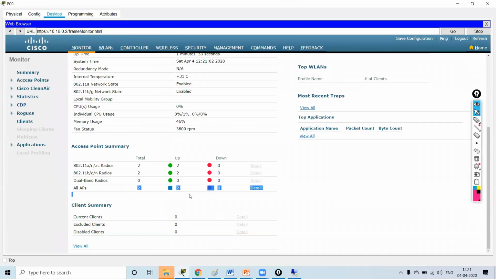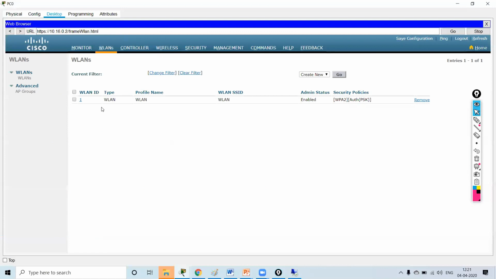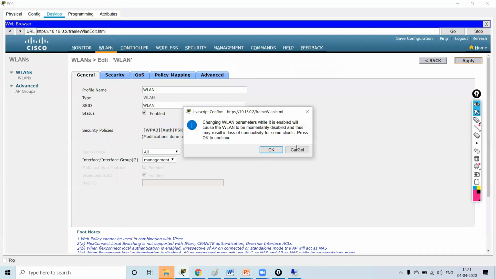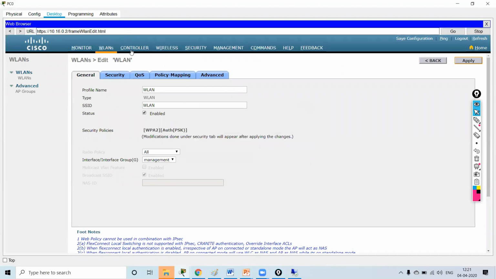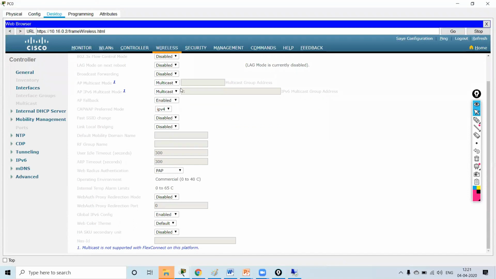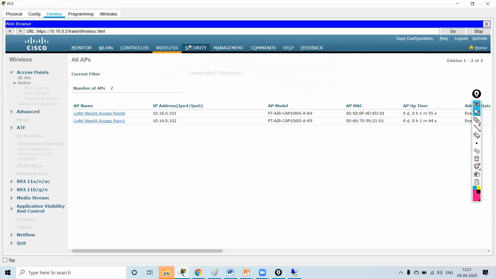I can see I have two APs connected. In Wireless LAN, I have one wireless LAN available. The profile name is wireless LAN, and it is enabled for pre-shared keys. Now I don't need to link any of these.